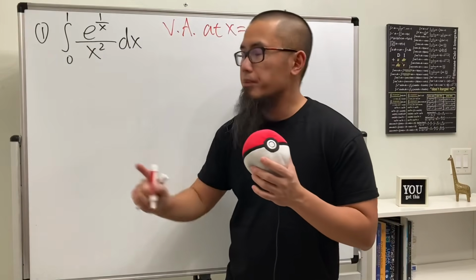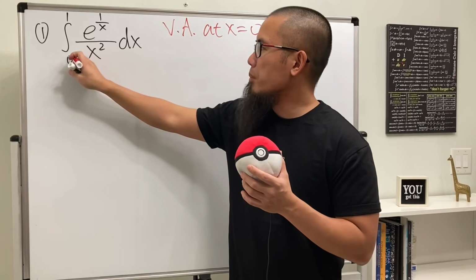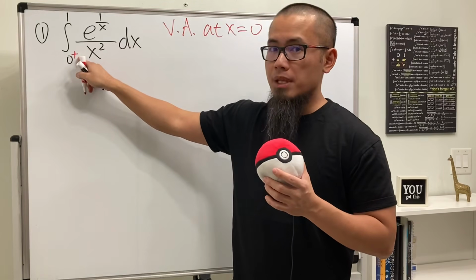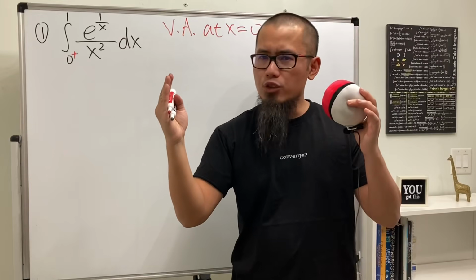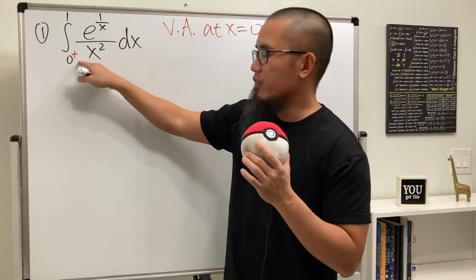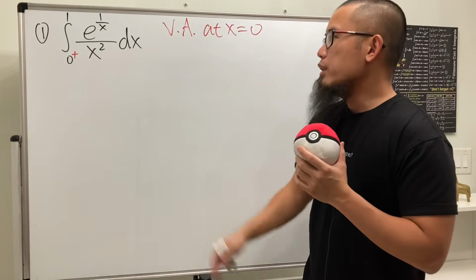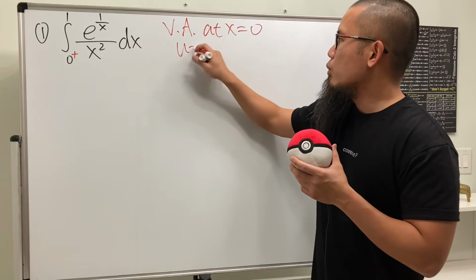And remember, because we have a vertical asymptote here, this is technically 0 plus. And the reason it's 0 plus rather than 0 minus is because we are going from 0 to 1. We have to be a little bit bigger, right? We have to approach 0 from the right hand side so that we can avoid exactly 0. Anyway, let's just go ahead and do the integration, because we can do u sub that u equals 1 over x,